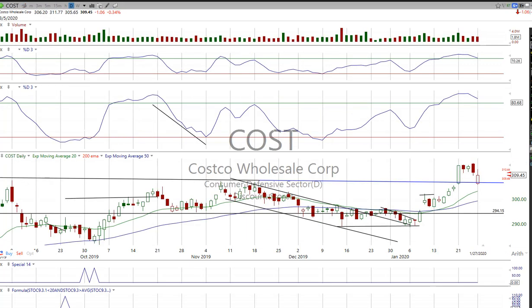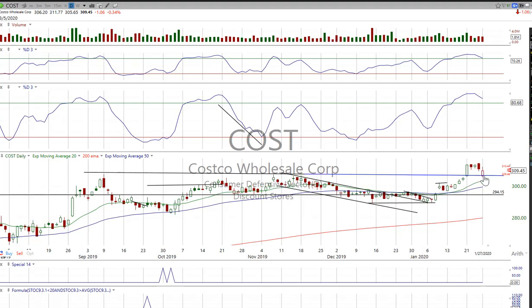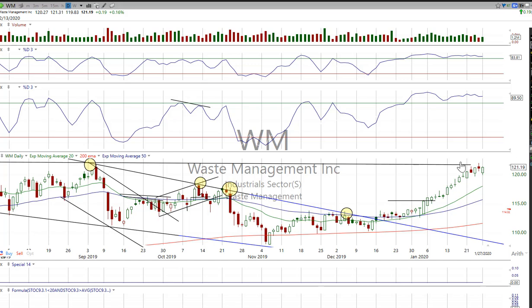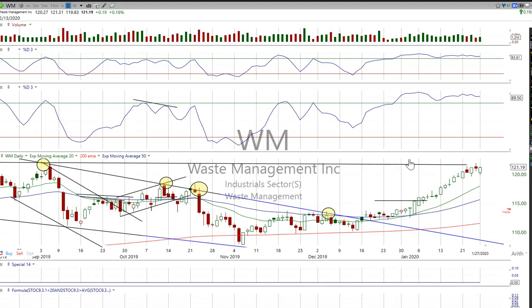Costco coming back pretty strong today. I like this one. It did pop and then kind of pull back, but it seems like we're holding that recent breakout zone. So we have to watch that and see if it holds up here. I do like Costco. Waste Management, a few stocks I said to just keep a tight hold on. If this flags out at all, I think we're going to be forced to get back in. Just showing that great strength today. Actually, it looks like it was positive today. Amazing. And that hasn't broken out yet, but it should. So, very nice.